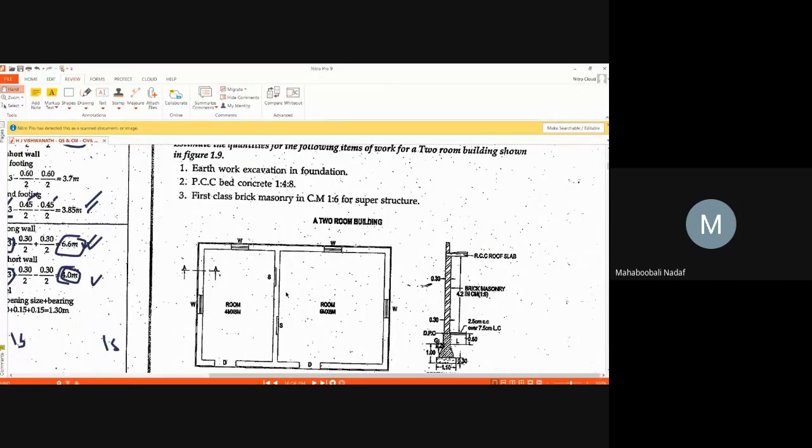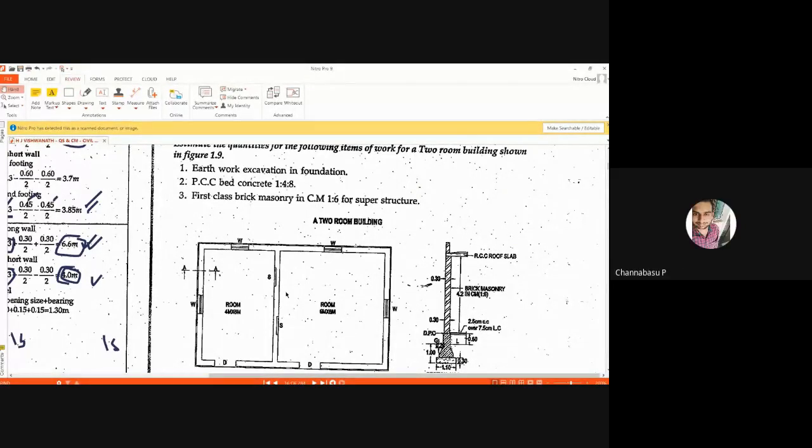Shall we go to the next example? See, one problem has taken 1 hour. The first problem, we have gone very slow. Shall we go to the next problem? Everyone should reply.